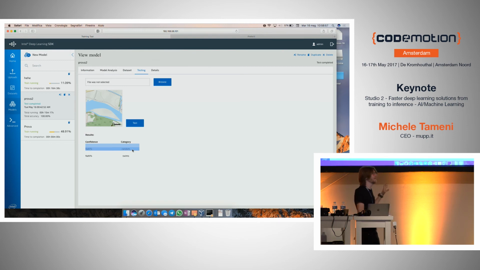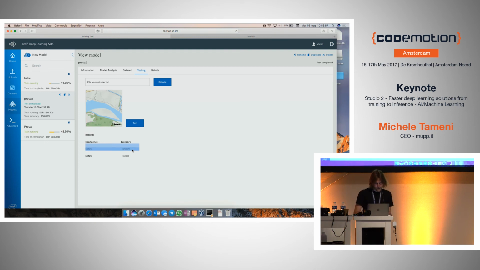So I think that it's a really nice tool to get started, because it allows you not to waste time on things that are not important. When you start to play with deep learning, you can just start and try it, try to build your model, train your model, and see how it works. But if you need something more advanced,